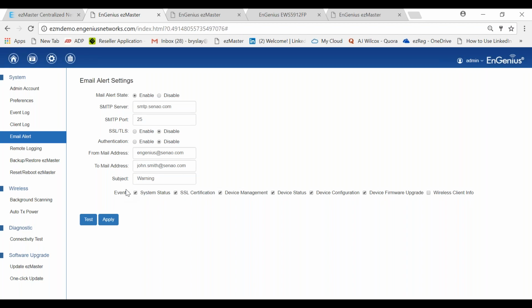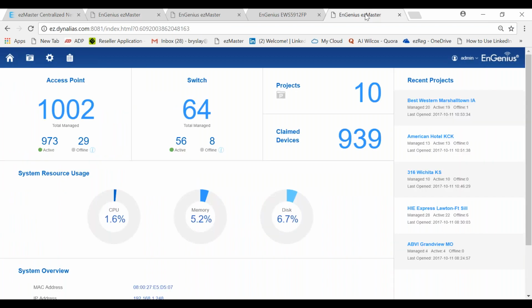In addition to that, I want to add something. When you see the AP offline, if you go to the dashboard Brian just showed you, you see the offline status. If it's offline, it doesn't really mean the AP is not functioning. It just means the AP didn't talk to EasyMaster properly, for many reasons.